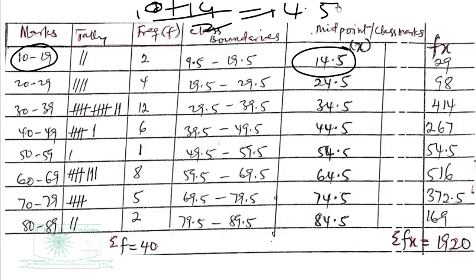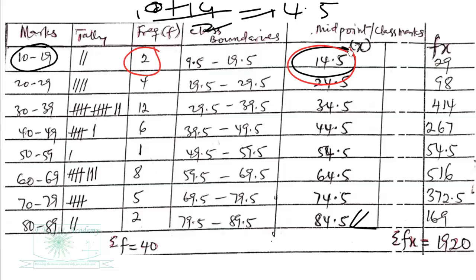Then we keep adding 10, 10, 10, which is the class width, until we get to the final one here, which is 84.5. Then we calculate the total frequency to be 40, and we find the frequency times